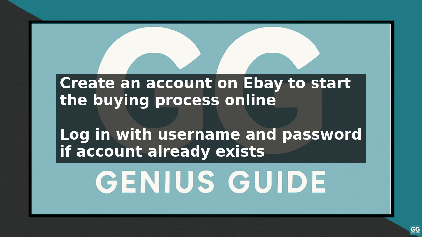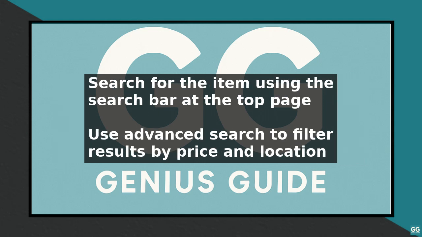Once you are logged in, you can start searching for the item you want to buy. Use the search bar at the top of the page to type in the name of the item or a keyword related to it. You can also use the advanced search option to filter your results by price, location, and condition of the item. When you find the item you want to buy, click on it to view the listing